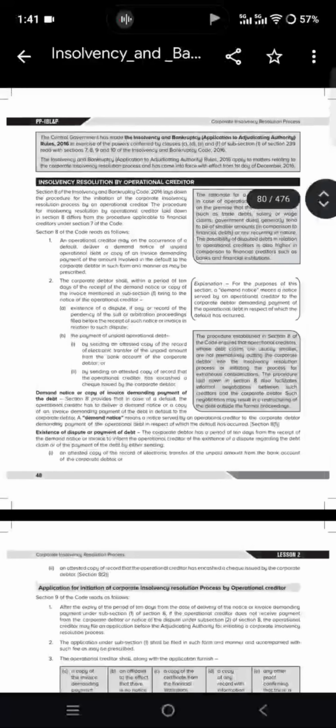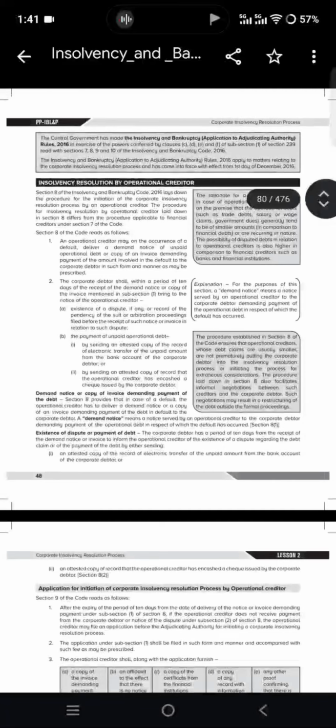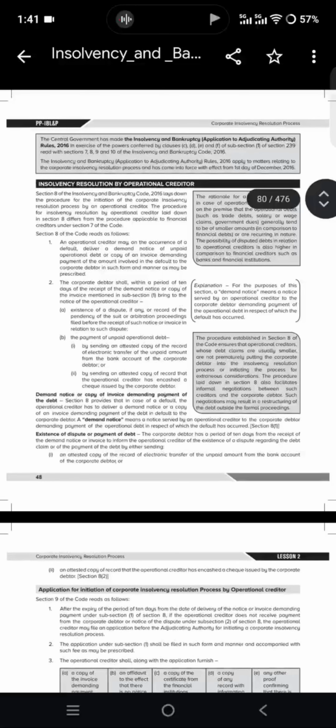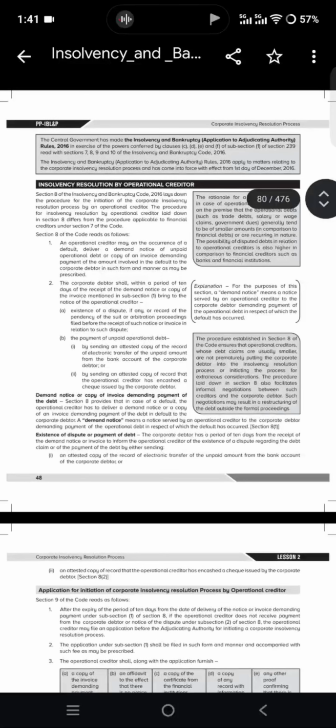Section 8 of the code read as follows: the operational creditor may, on the occurrence of a default of 1 crore, deliver a demand notice of unpaid operational debt or a copy of an invoice demanding payment of the amount involved in the default to the corporate debtor in such form and such manner as may be prescribed. The corporate debtor shall, within 10 days of the receipt of the demand notice or copy of the invoice, bring to the notice of the operational creditor: